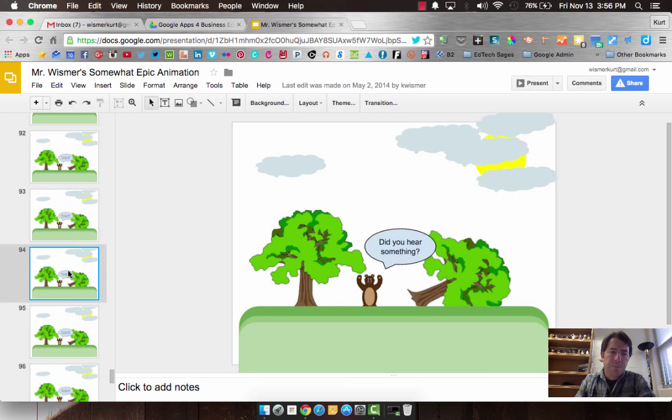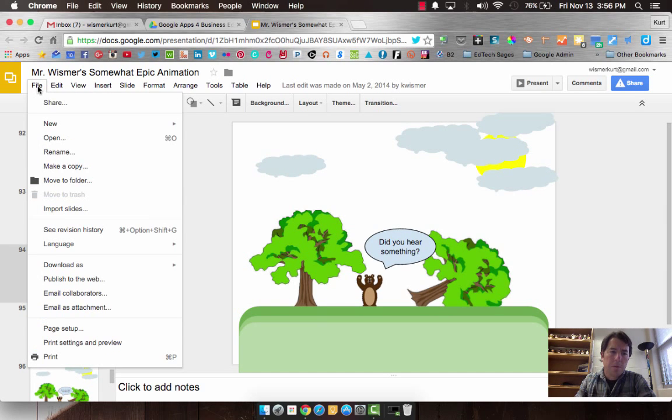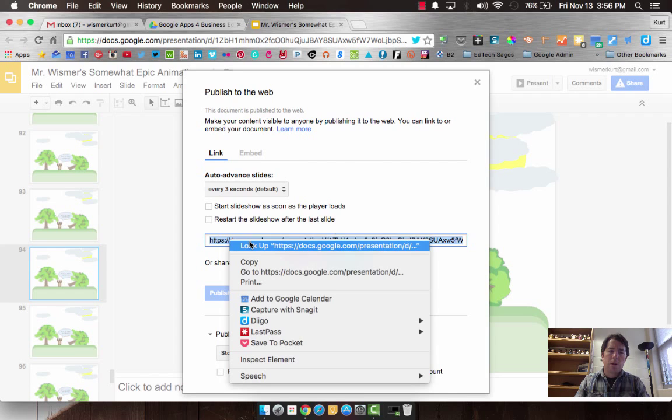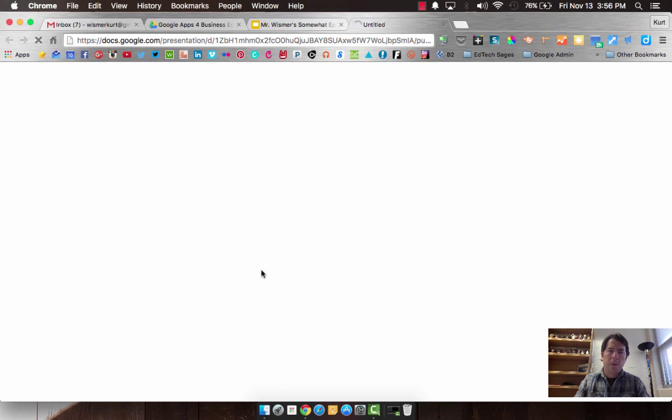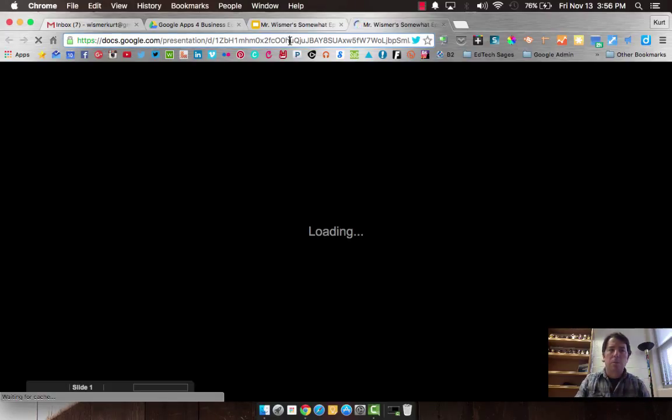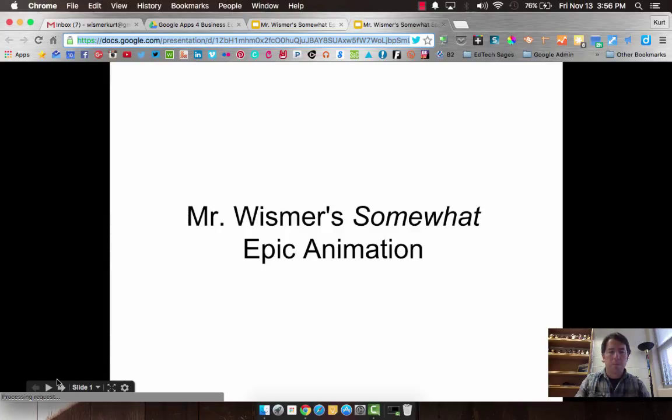When it's done, you'll go to File and then Publish to the web. And this is probably what you're going to want to do to test it from time to time as well. So you'll publish that to the web and publish it, and then get this link. And let's go to that. And you'll notice in the URL or the web address of this, let me just stop this once it's done loading here. Okay, once it loads, you'll notice in the end of the URL,